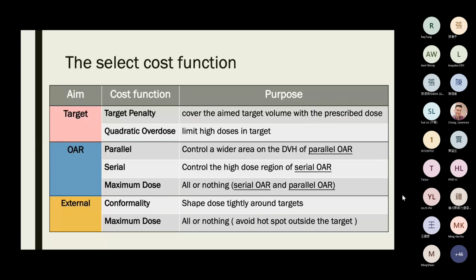lung、liver、kidney 等等。那 serial 的话呢，它是控制在一个 high dose region 部分，比较常会用在 serial OAR，像是 brainstem 或 spinal cord。在这个 organ at risk 里面呢，我也会使用 maximum dose 的 cost function。maximum dose 相对来讲就是比较强烈一点，它就是 all or nothing。要注意在使用 maximum dose 的时候，要注意剂量跟 target 的相对位置，才不会造成 target coverage 变不好。那在 external structures 上面呢，我们会使用一个 cost function 叫做 conformality。它的作用就是 shape dose tightly around targets，就是尽量把你的 prescribed dose 往这个 target 推。同时在这个地方会下一个 maximum dose。